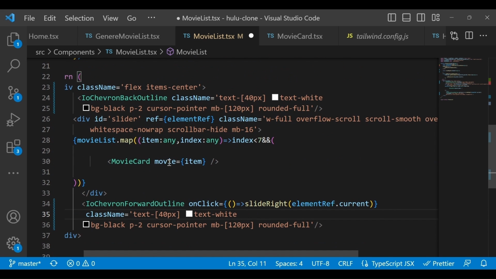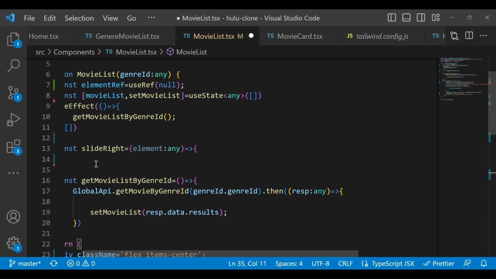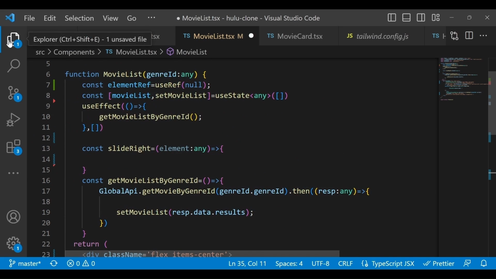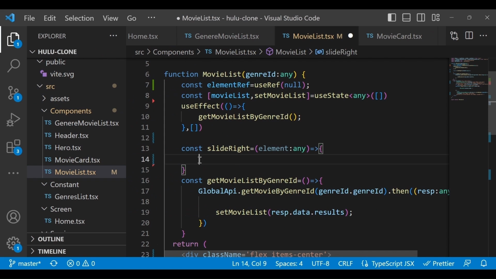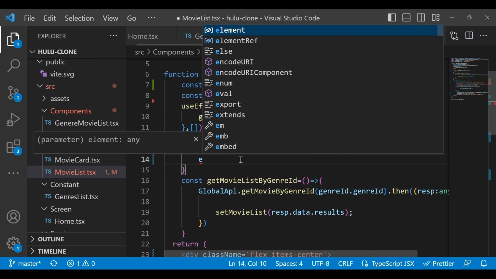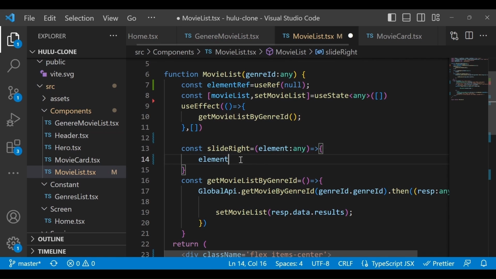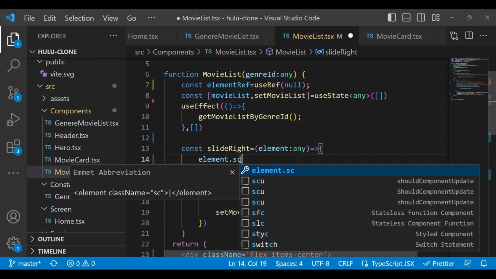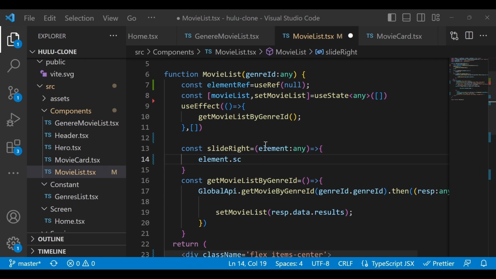Now next, once you are in this method, it's very easy to access how you are gonna implement. So what we have to do, to select an element, when you click on it, the selected element, you want to scroll right, correct. So just type scroll, oh, sorry, so you want to scroll left, but you have to add some value.